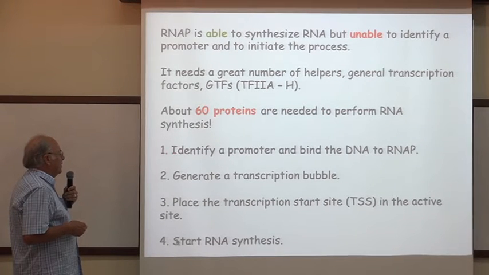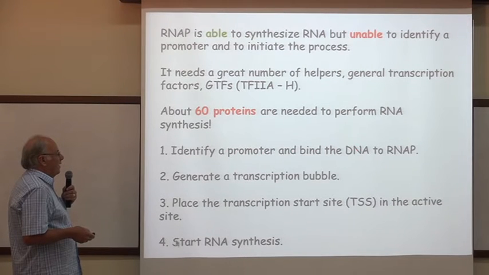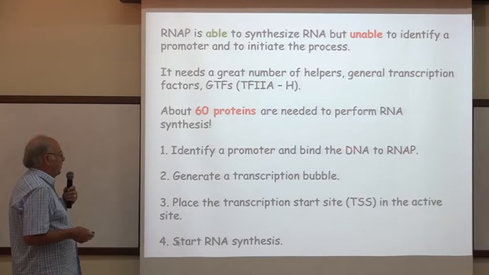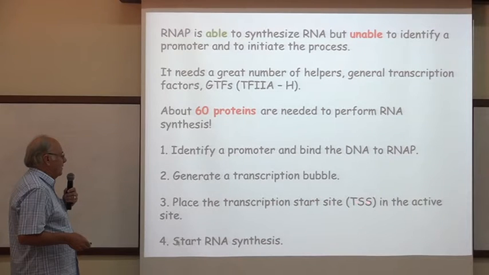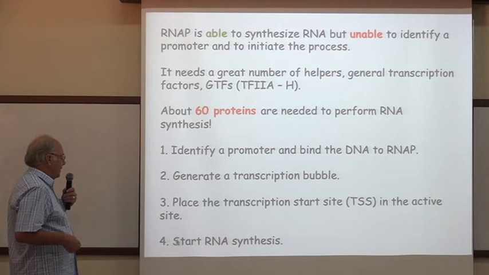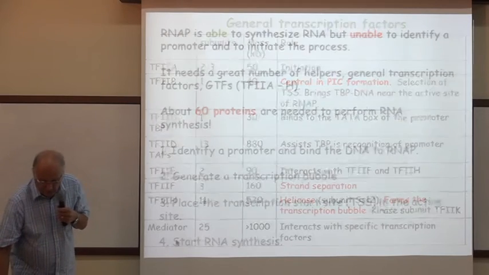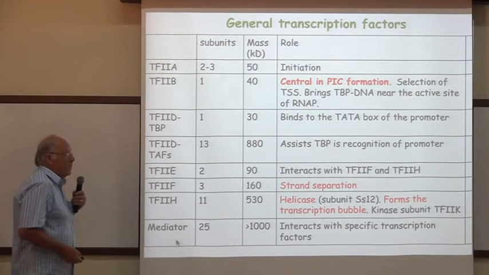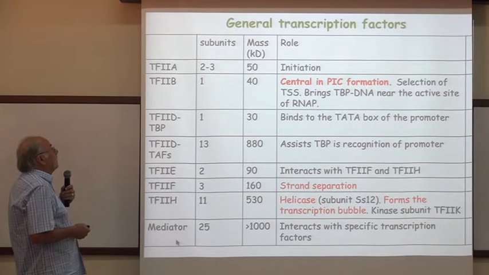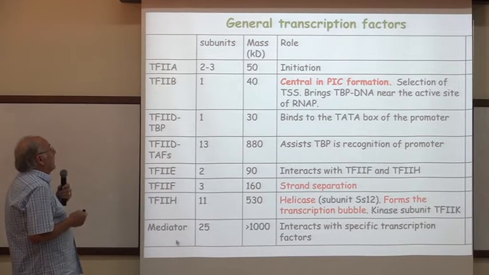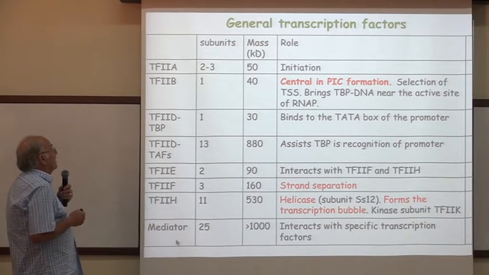So the first task is to identify a promoter and bind the DNA to RNA polymerase, and to generate a transcription bubble and to place the transcription start site, TSS, in the active site and then start RNA synthesis. So there are a number of tasks to be solved, and of course this has been done billions of years ago. So the general transcription factors here are TFIIA, B, D,